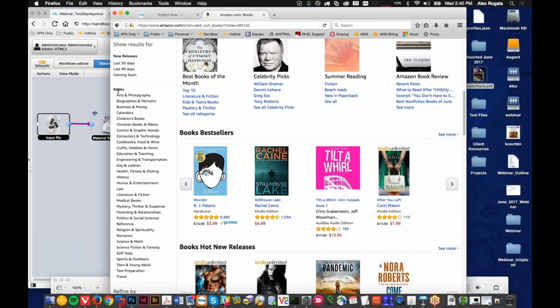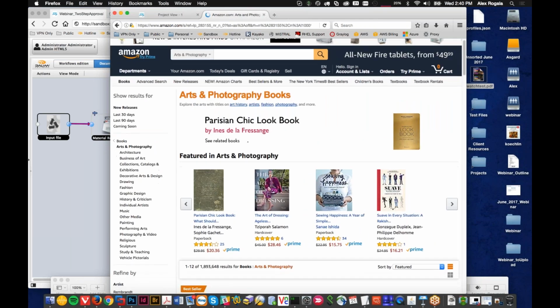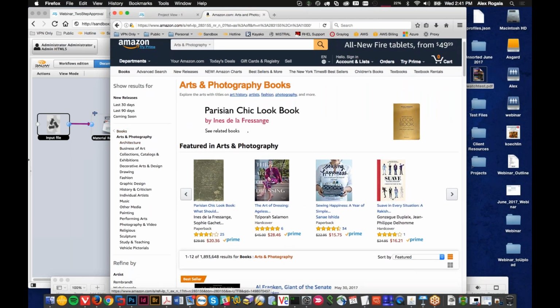In this case, an Amazon site, it's books. This portion of the site is devoted to books. So that's what's known as the root level of the taxonomy. Within that, you have other subcategories or child categories such as arts and photography books, biographies and memoirs, business and money, calendars, and so on. So if I click into arts and photography, there's more information within there. So now you've got books, under books, arts and photography, and under arts and photography, you've got things like architecture,